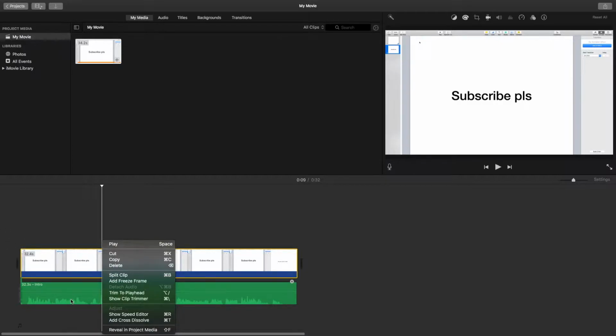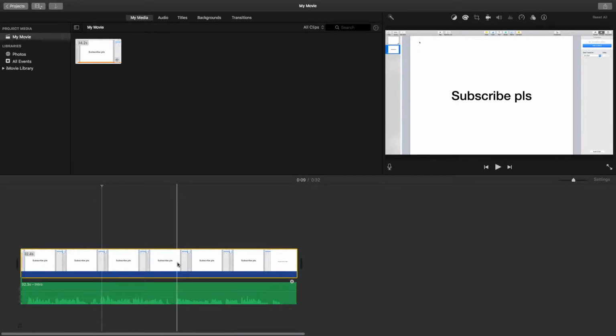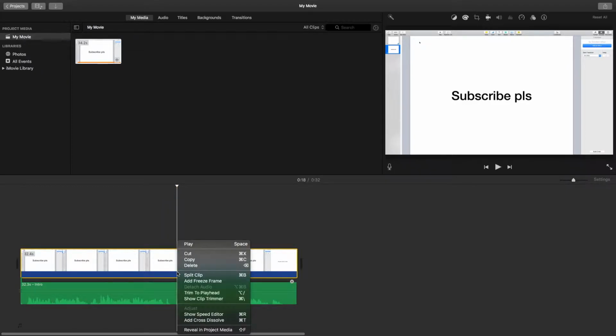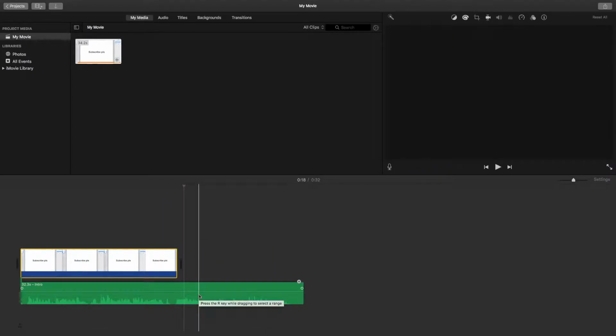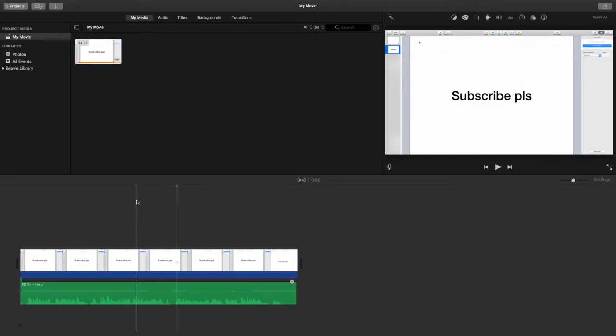You can trim to playhead, which is pretty useful. That's like I want to delete everything over here. I just want this to be the end of the video. I can do that quite simply. Right click, trim to playhead. Voila, that's gone. I'm gonna Command Z that because I still need it. And now I'm going to focus on